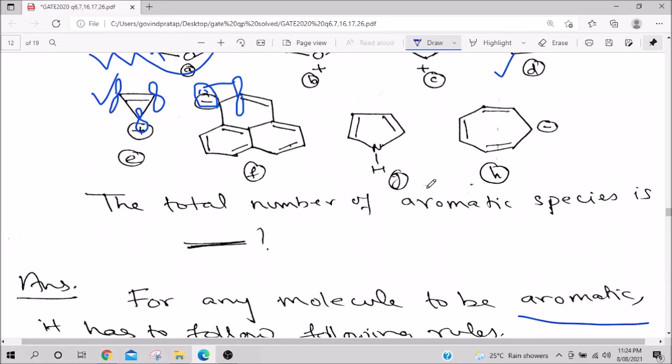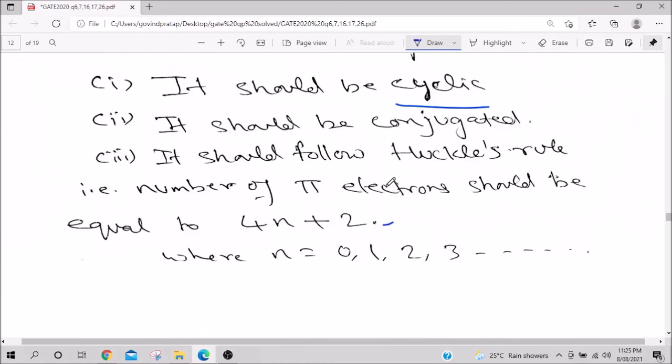H also no problem, this is a p orbital. It is not a p orbital, it is an sp3 hybridized orbital, but with a lone pair of electrons. Remember, carbocation is sp2 hybridized, whereas carbanion is sp3 hybridized. So carbocation has a p orbital which is vacant, whereas carbanion does not have a p orbital. It has one sp3 hybridized orbital with a lone pair of electrons, but it does overlap. So this overlaps with this orbital, so this is also conjugated.